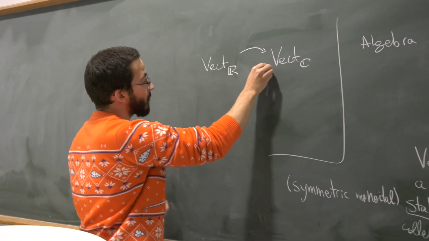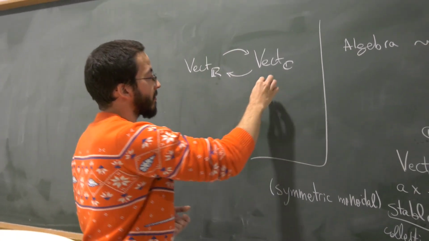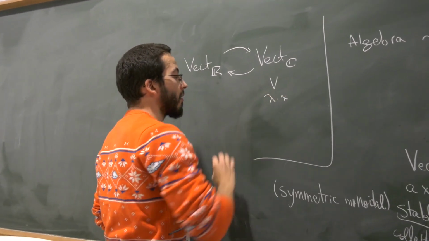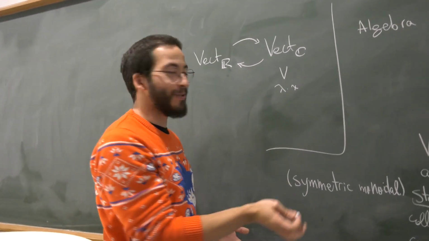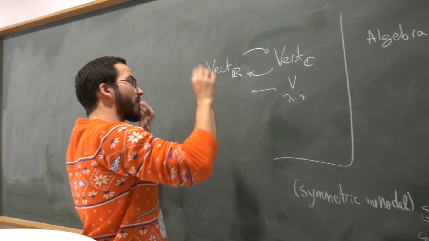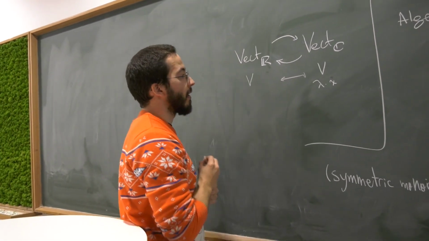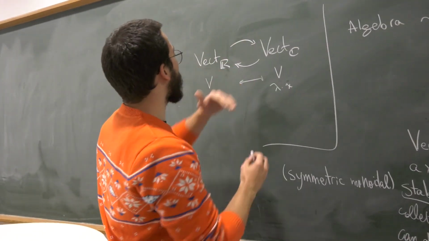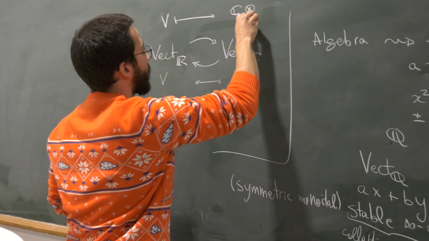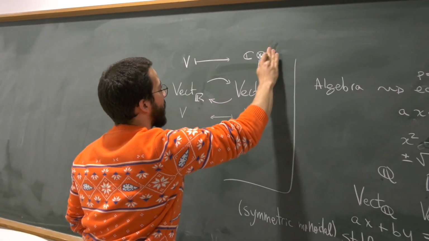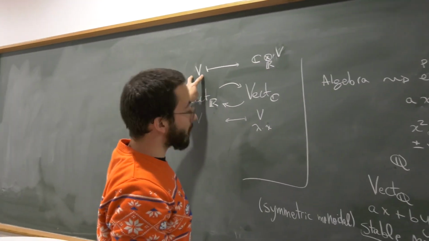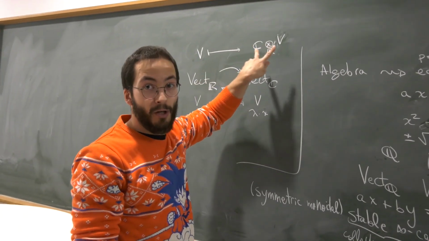But for example, the simpler one goes in this way. Any complex vector space, well, you can multiply by complex scalars, but among complex scalars you have real scalars, and so you can also multiply just by real scalars. And so this tells you that any complex vector space is also a real vector space. And it turns out there's also something going the other way, which is called complexification. It's a bit of a more complicated operation, but from the perspective of dimensions and matrices, it's sending a vector space to a vector space of the same dimension, but now over the complex numbers.